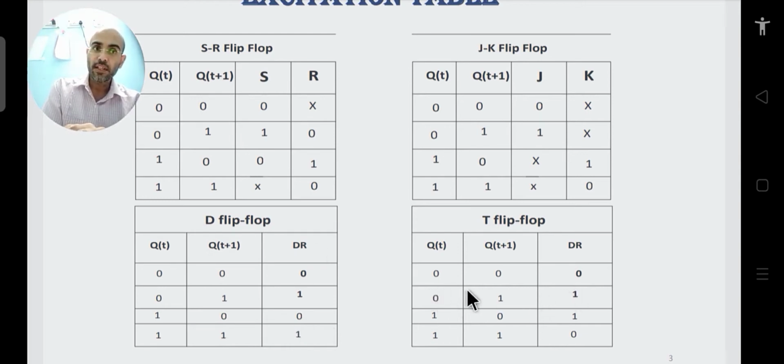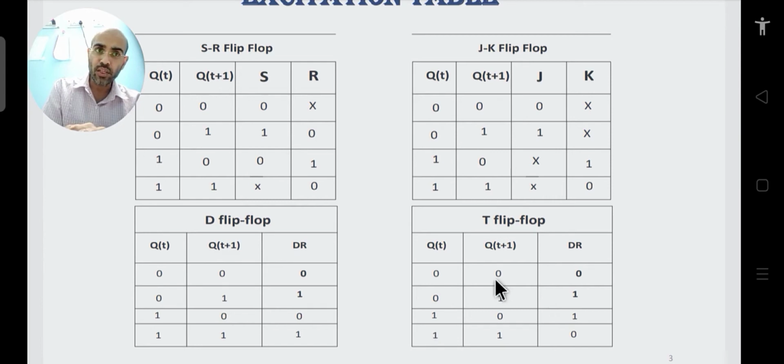So whether earlier Qt is 1 or 0, if you want Qt plus 1 to be 1, then you have to connect D to 1. Whereas in the case of T flip-flop, if your Qt is 0 and you want Qt plus 1 to change from 0 to 1, then you have to connect the toggle input to 1.